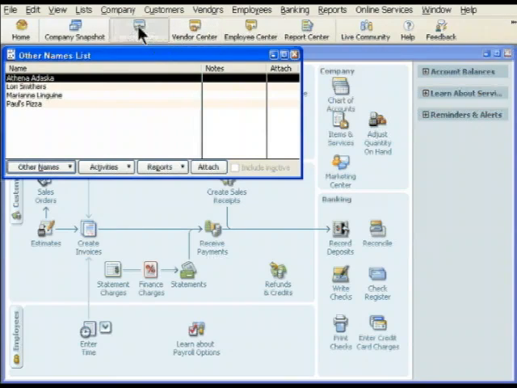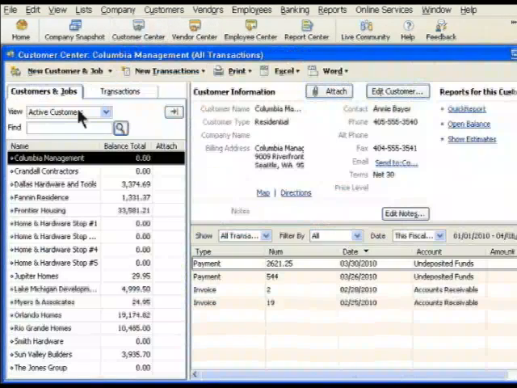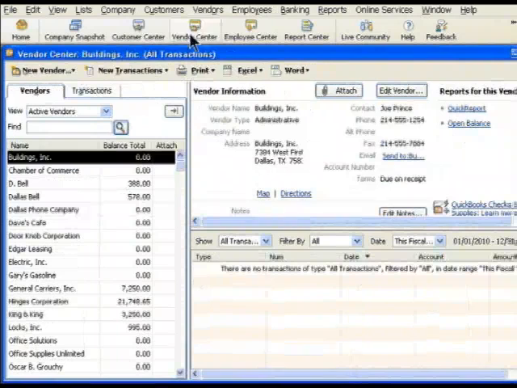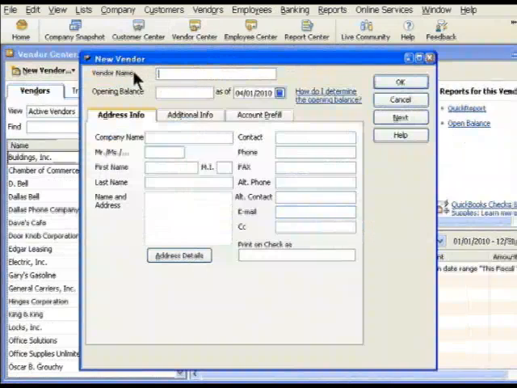Click the Customer Center icon to demonstrate. Frontier Housing is your number one customer. They are such a good customer that you hire them to do work for your company. That means Frontier Housing should also appear on the vendor list. Click the New Vendor button. Type the name of the vendor, Frontier Housing,